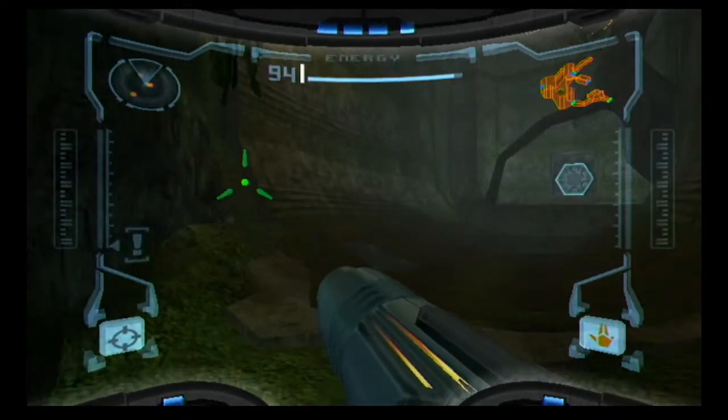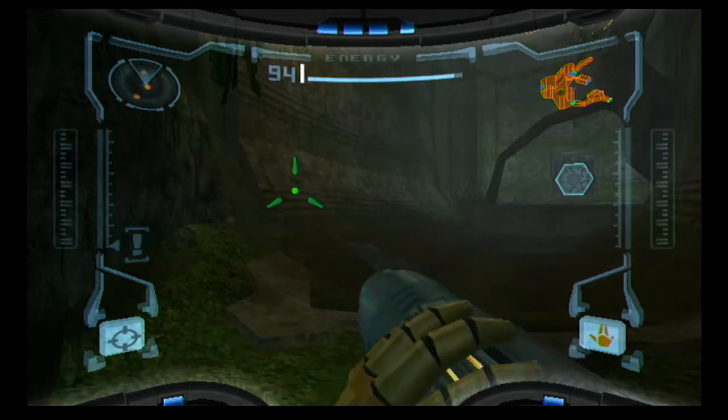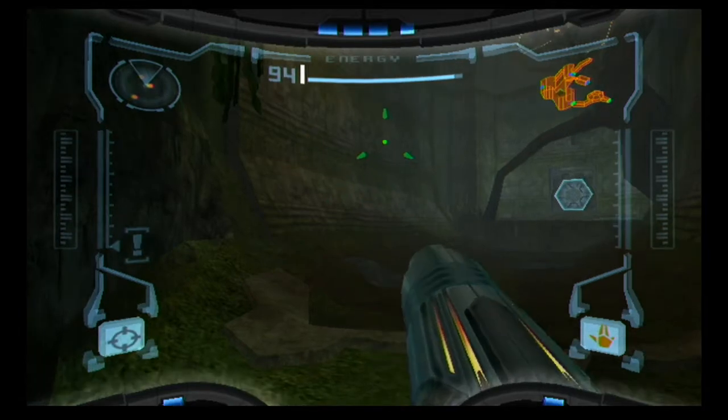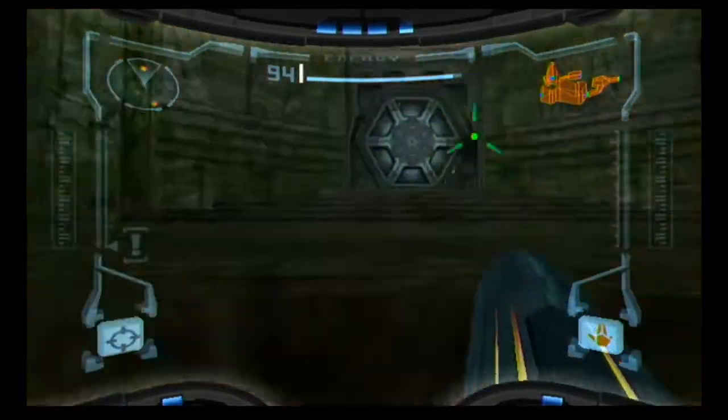It's like GoldenEye. Well, no, because in GoldenEye you can move and aim at the same time. This is like, you know what game that reminds me of? Some of the old Resident Evils. You had to stop and shoot. But it worked in this game because it's not...